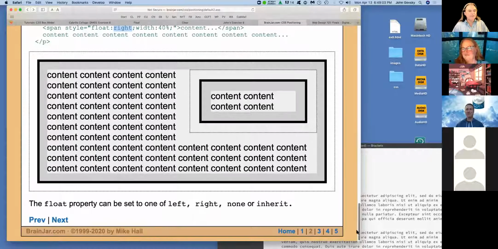And as it says right here, the float property can be one of left, right, none, or inherit, and you basically almost never use none or inherit. It's always left or right. The only reason you would even use none is to try to overrule something previously specified, and that's not going to happen. And inherit,